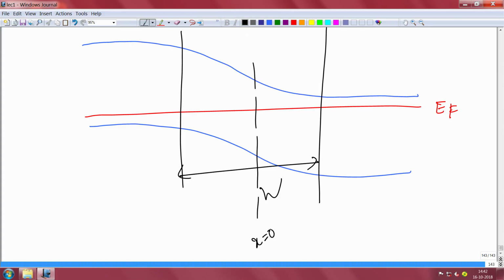Okay, this is the depletion region, this is your W, of course this is your junction, for example x equal to 0. So, of course this is flat, so there is no field here, I keep telling you. Similarly, it is flat here, it starts from here, so there is no field here, the field only exists in the depletion region.